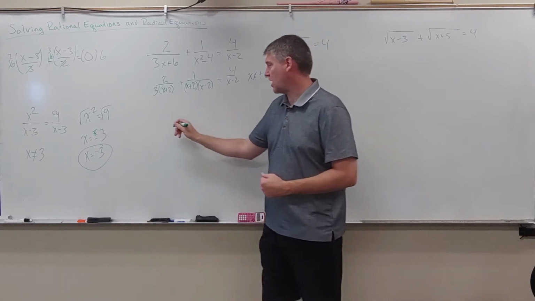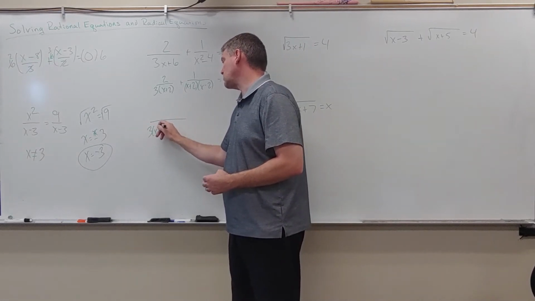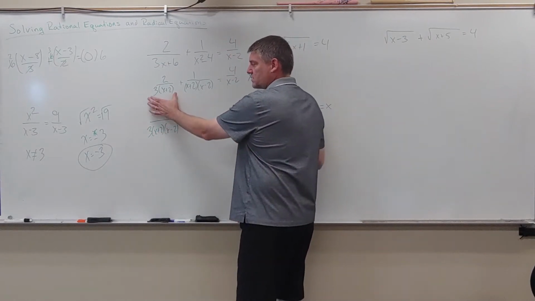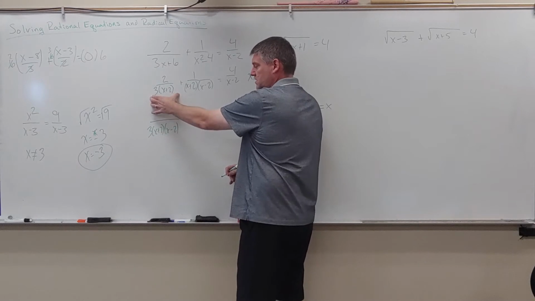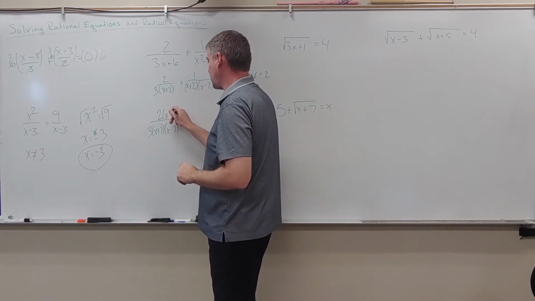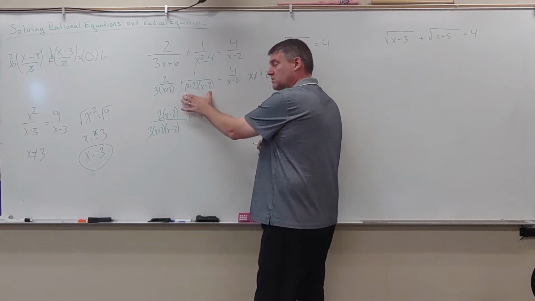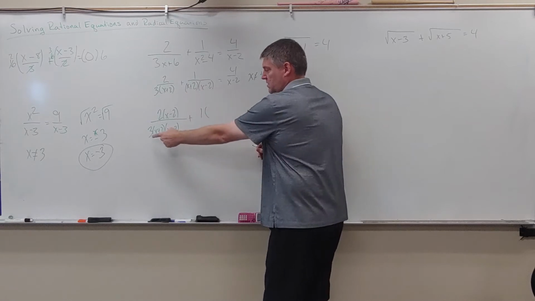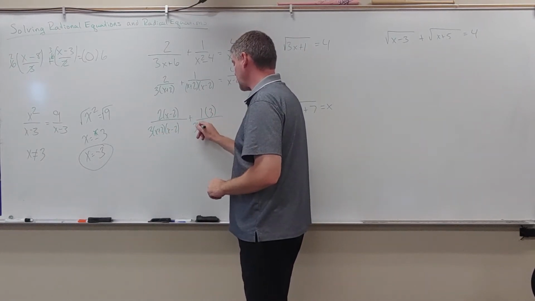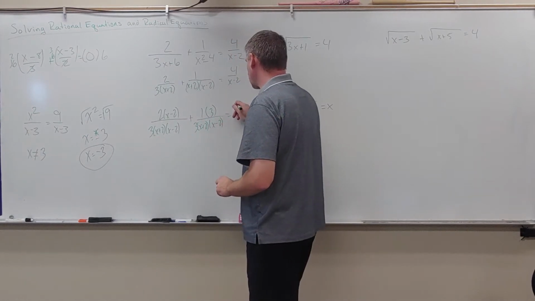So that's my common denominator, is 3 times x plus 2 times x minus 2. Well, what is this missing? This is missing the x minus 2. So I would have 2 times x minus 2 plus 1 times, well, what is this missing? It is only missing the 3. So I'd have 1 times 3 over 3 times x plus 2, x minus 2 equals 4